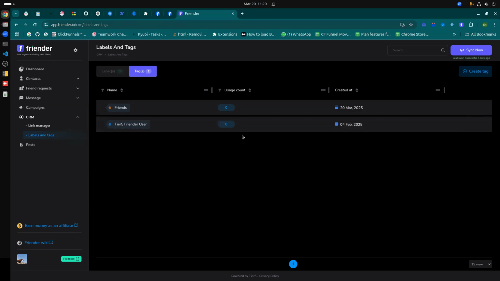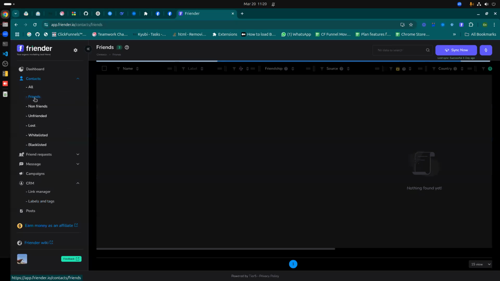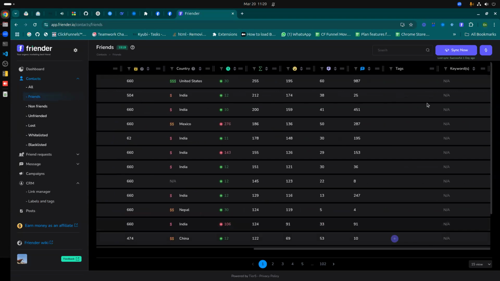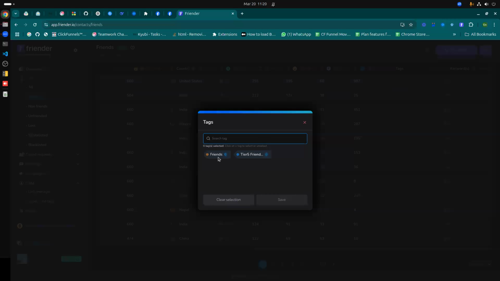So let's say I have added these tags. Now I can visit the contacts, and over there I can add tags by scrolling right, and I'll see the tags column, which has an on-hover effect. You will see there is a plus icon. If I click on that, it will give me all the tags that I have added already, and I can select from there, or